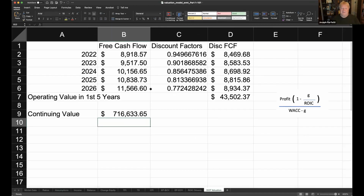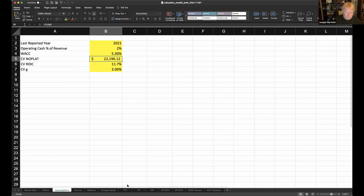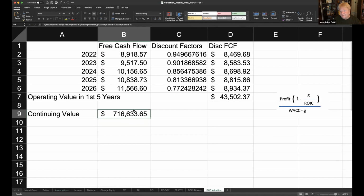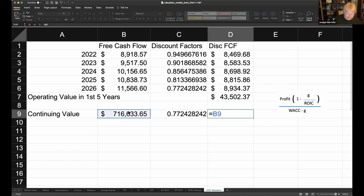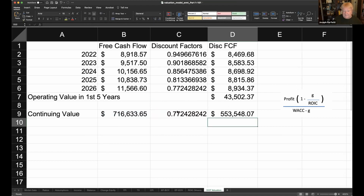So basically 716 billion. Assuming those key value driver assumptions come true, then Walmart will be worth an additional $716 billion in perpetuity. Now, that is a value as of the beginning of year 2027, but I actually need to bring it back to today. January 1st, 2027 is basically the same as December 31st, 2026, so 2027 has already been discounted by the perpetuity formula. But I still need to bring it back to today. So I'm going to multiply it by the same discount factor as 2026. That would lead to value times discount factor, a present value of about 553 billion of operating cash flow today,